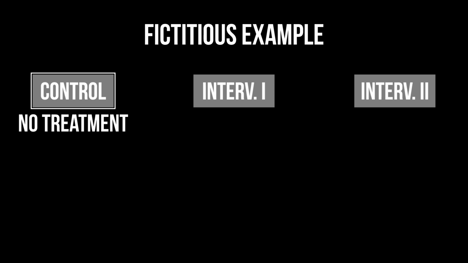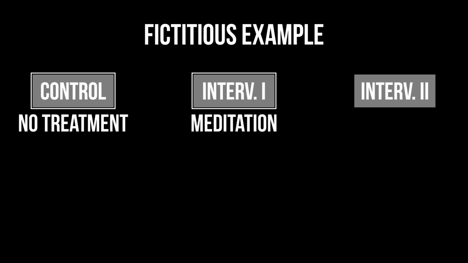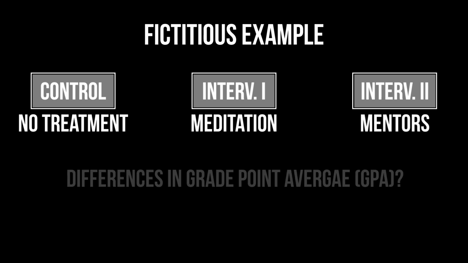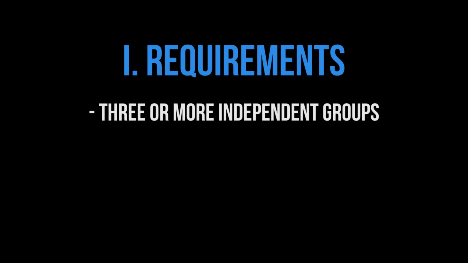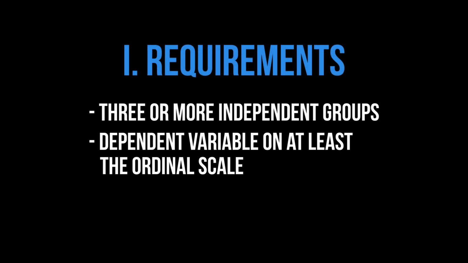The first one received no intervention, therefore serves as the control group. The second group used meditation, and the members of the third group had mentors. I used the Kruskal-Wallis test to test for a difference in the grade point average, GPA, between those 3 groups. Let's quickly talk requirements. You only need 3 or more independent groups, and the dependent variable should be at least